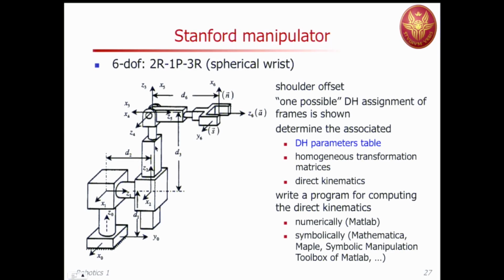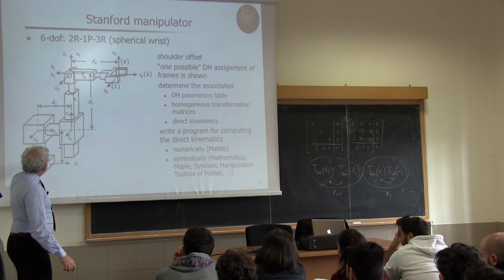So I think that we're almost done, and the following are just exercises left to your desire, if we can say so. So, for instance, this is the Stanford arm. It's a 6 degrees of freedom robot, one of the first developed for research purposes, which has the first 2 revolute joints,